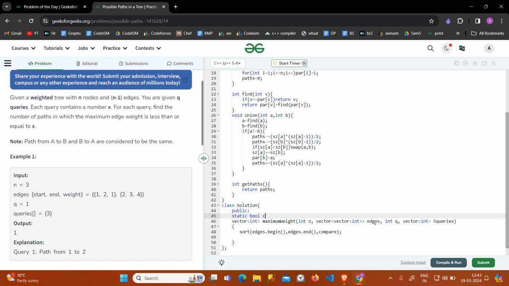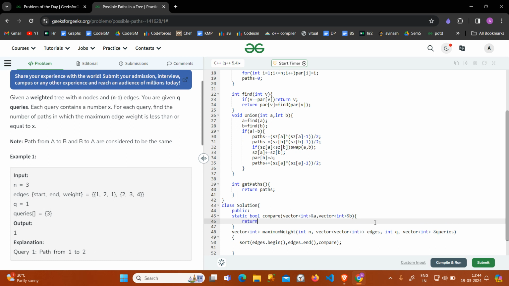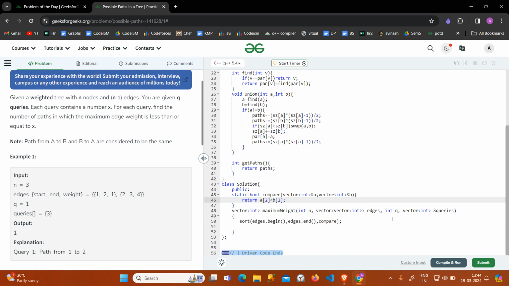that is bool compare, vector int ampersand a, vector int ampersand b. Now we just have to sort it according to a of 2, that is storing the weights of each of the edges. So this should be this. Okay, now